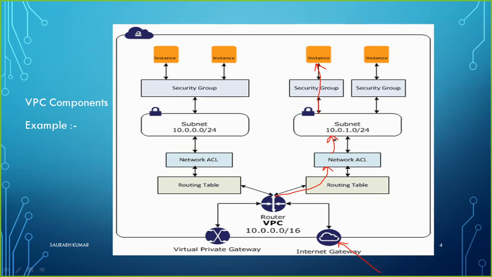This is how the VPC architecture is. This is how the VPC is actually designed. If you talk about the position of the devices in a VPC, this picture gives you a clear idea of what the place of the network ACL is, what the place of the security group is, what the place of the instance is, where the router is located, where the internet gateway is located. So this picture is nothing else. I have just added it here to give you a clearer view of the position of the components in the VPC.